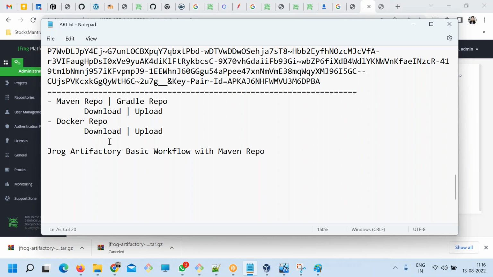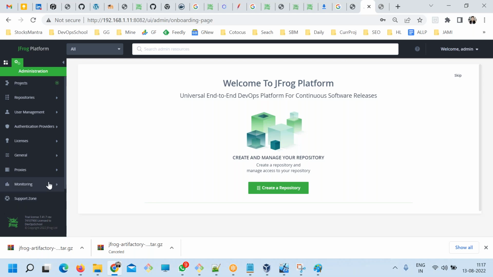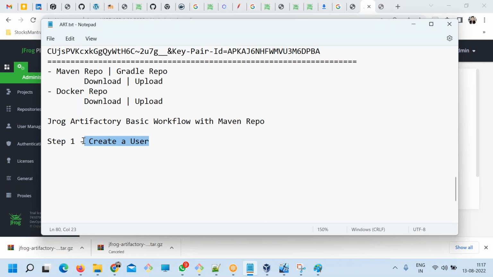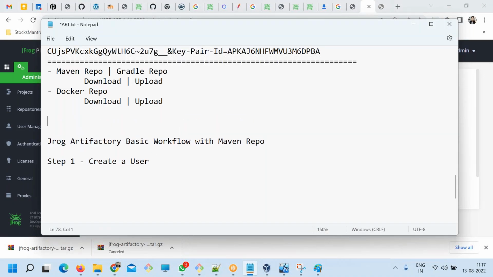Yes. Okay, so now what is the basic workflow? First time you're starting, the first thing you have to do is create a user. Now the question is, how do we create a user? Here I'll go, and you see so many things. This is very simple, by the way. Don't stress your mind thinking it's a complicated tool. Very simple tool. Here creating a user, creating a group, authentication, permissions, and all these things are done through this part. Before talking about this one, let's also cover